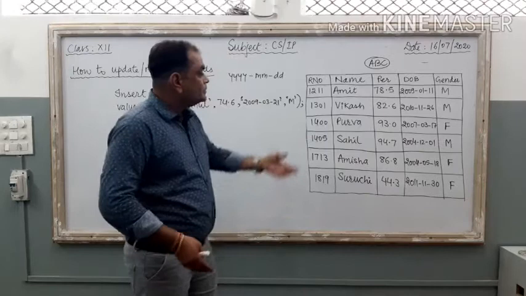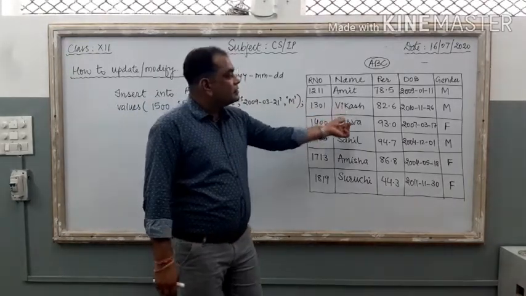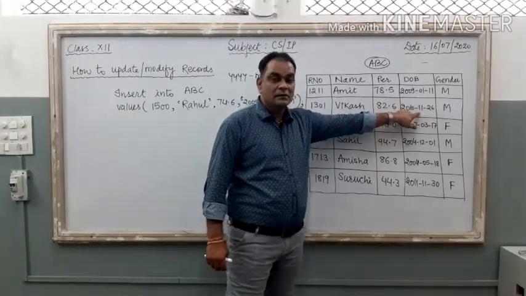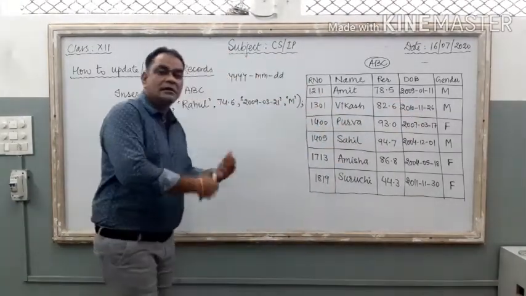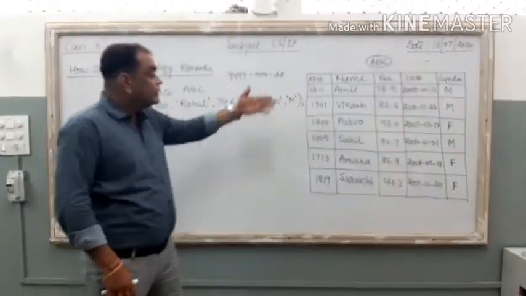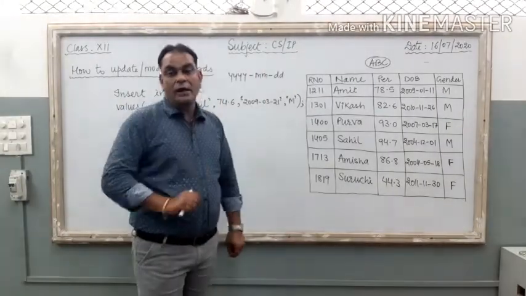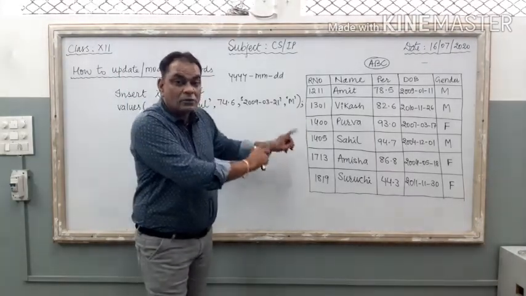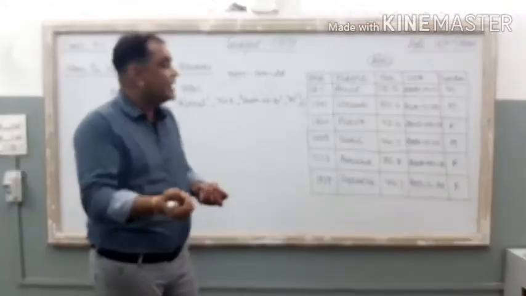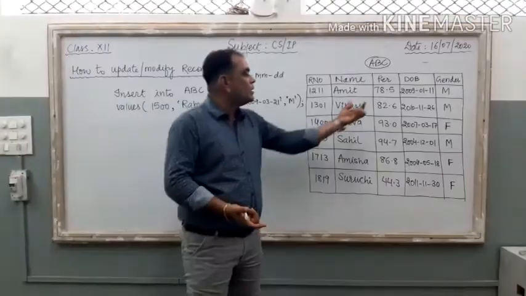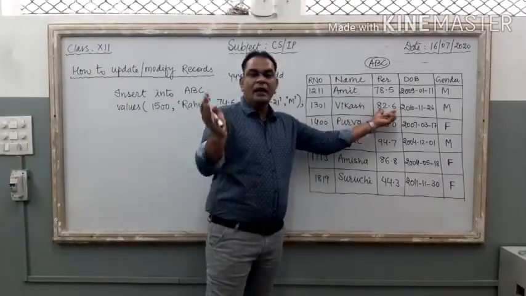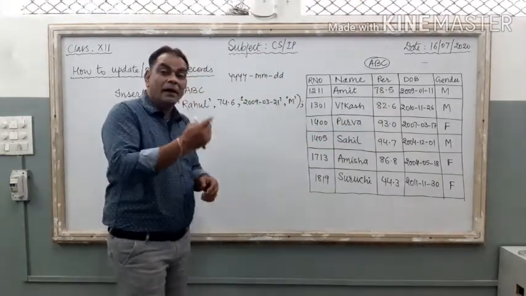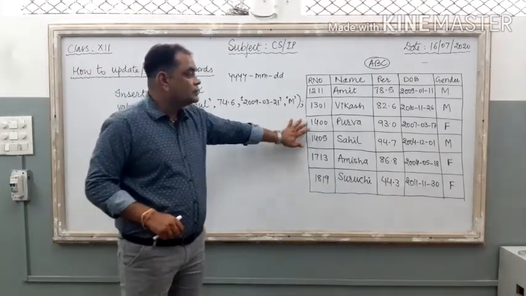On the other side, Vikas's date of birth has changed now. So if I want to change the date of birth of Vikas, I just modify the table, I just update the record, right? This table is in MySQL. It is not in Excel. If the table is in Microsoft Excel, then to change any record, what can we do? We just go to the particular cell, click on the cell, remove the previous content and type the new content. We can do it in Microsoft Excel, but the table is not in Excel.